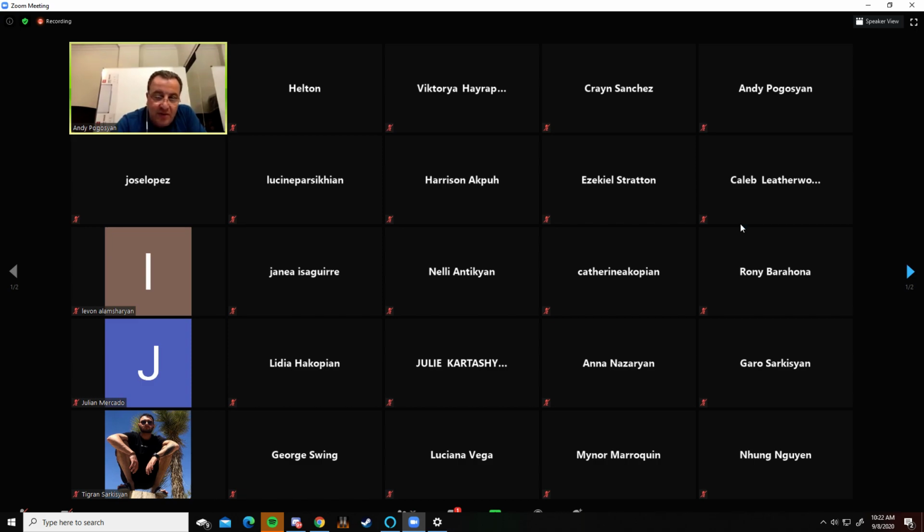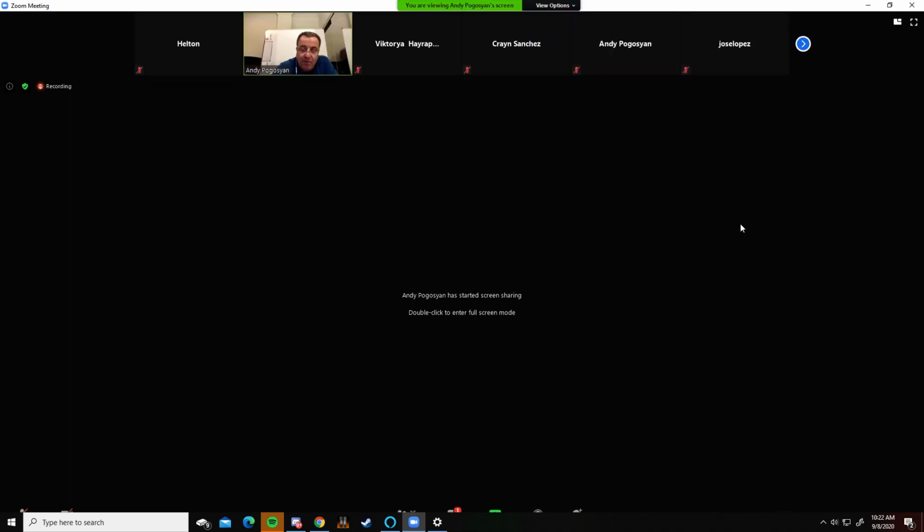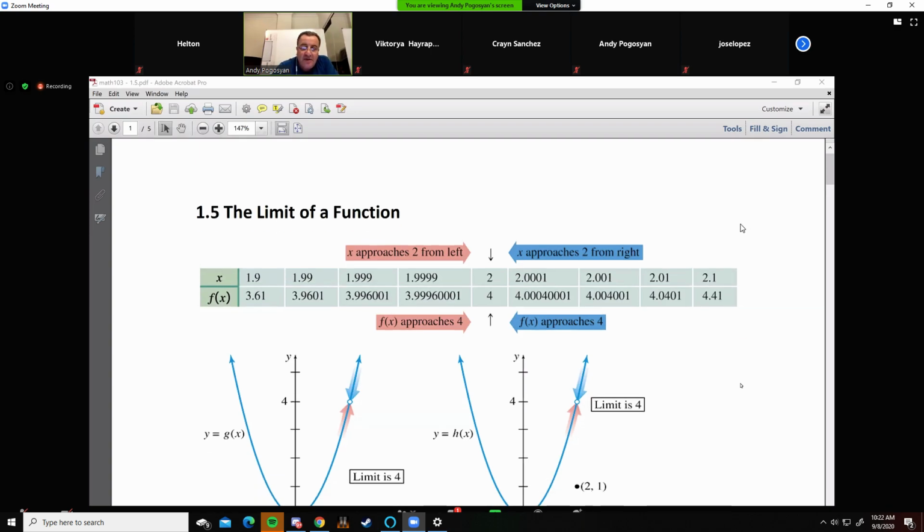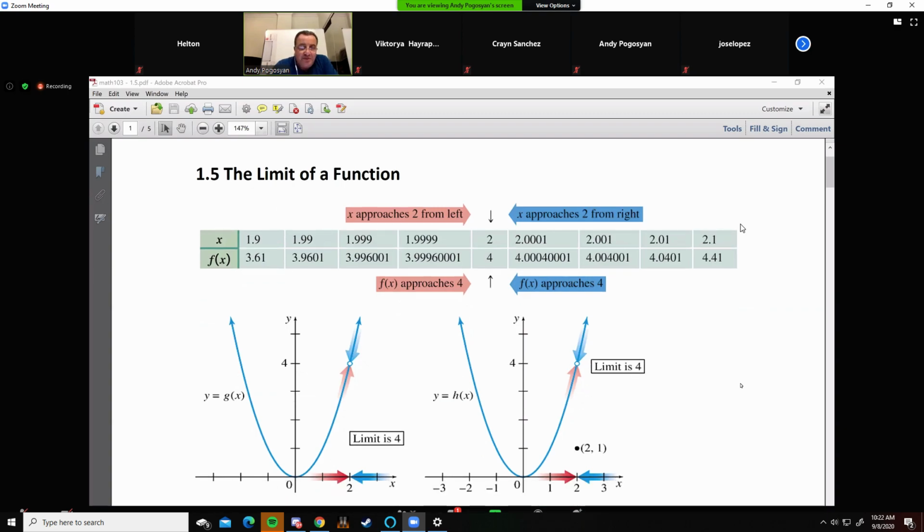So limits. You're talking about limiting position, but now we'll talk about limits. The limit of a function. The top one is similar to our instantaneous velocity function, but